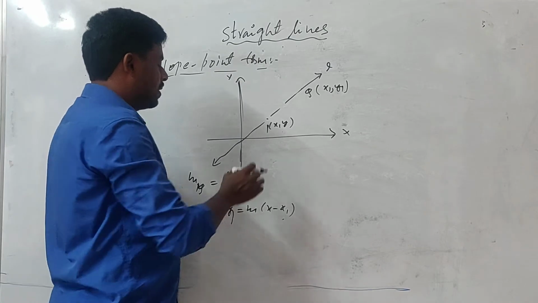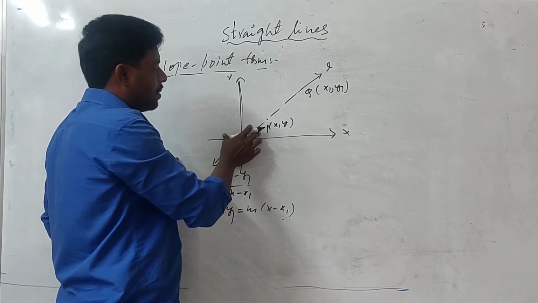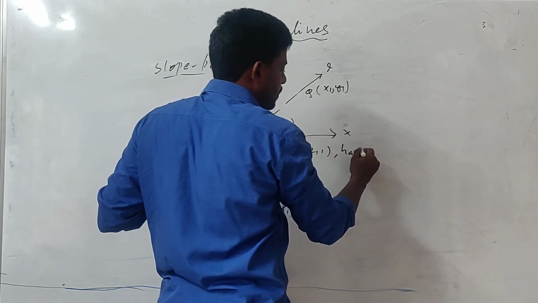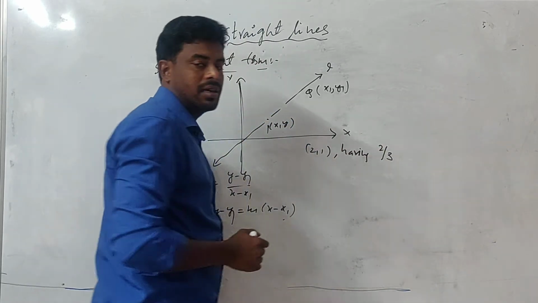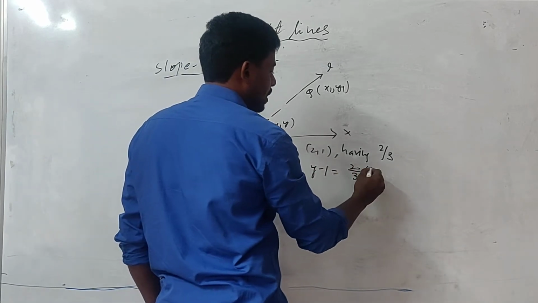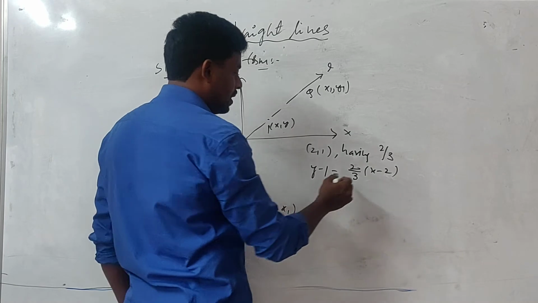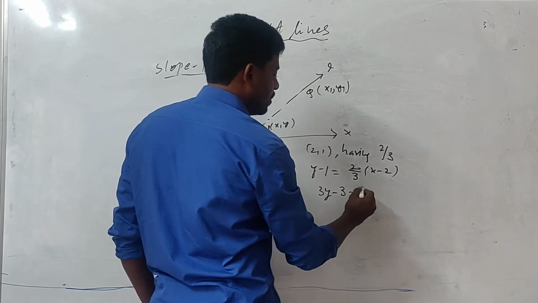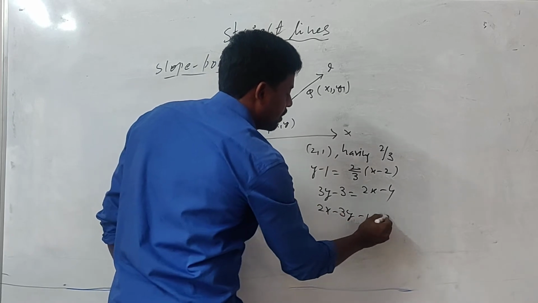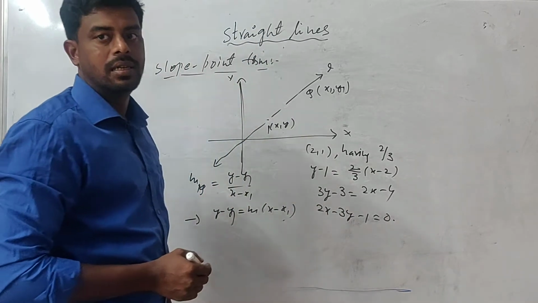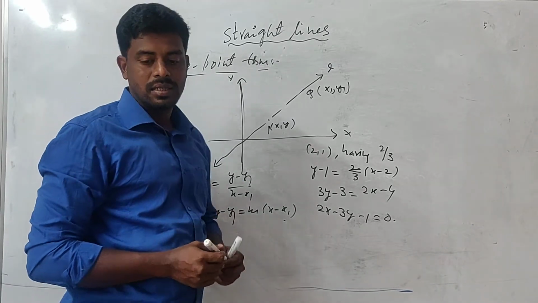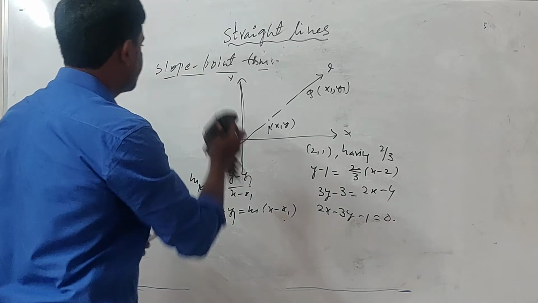For example, the equation of a line passes through the point 2 comma 1 and has slope 2 by 3. Then we find the equation of the line by using the formula y minus y1 equal to m into x minus x1. After solving this, 3y minus 3 is equal to 2x minus 4. Then 2x minus 3y minus 1 equal to 0. We can solve it very easily by using this formula. Next one is